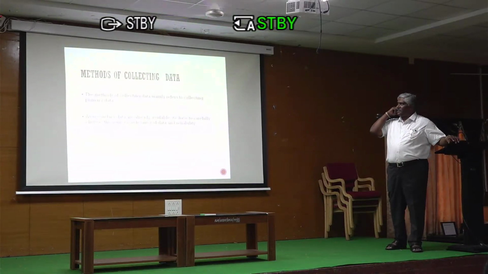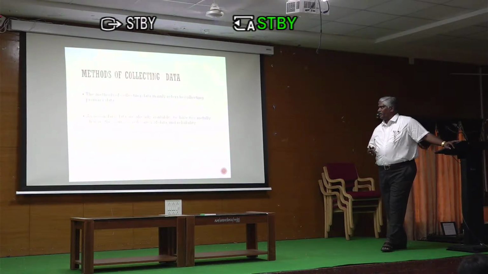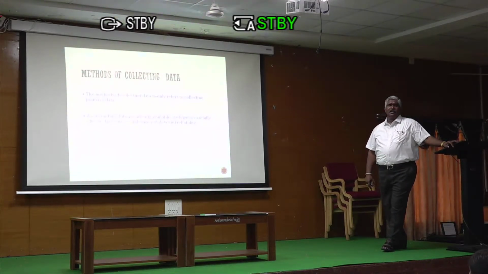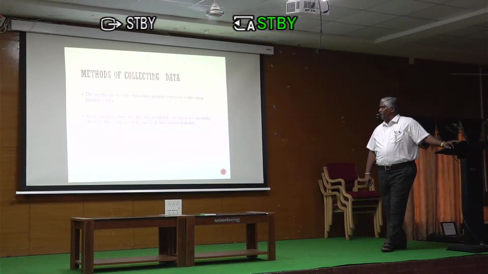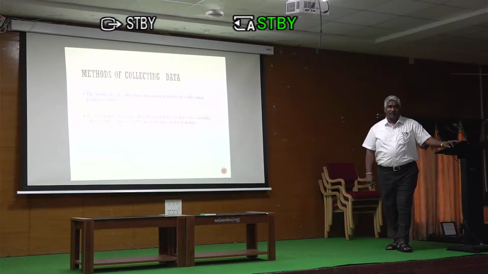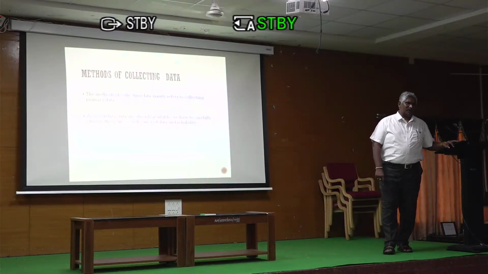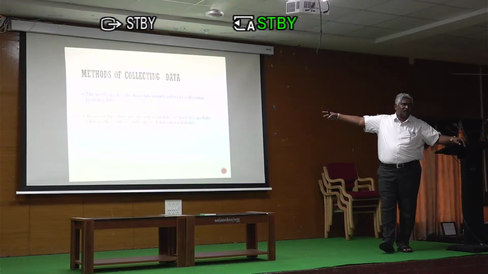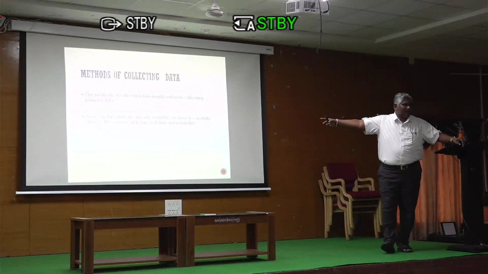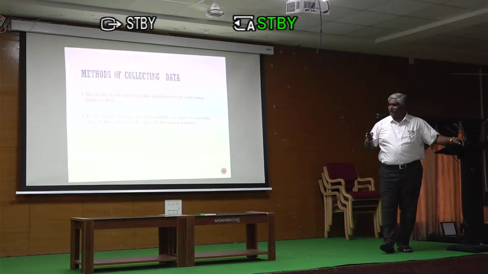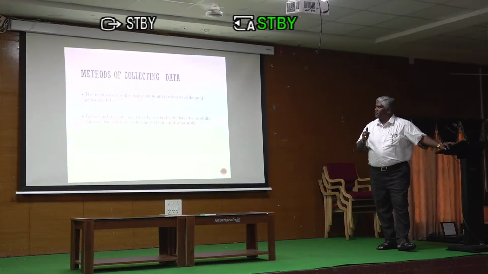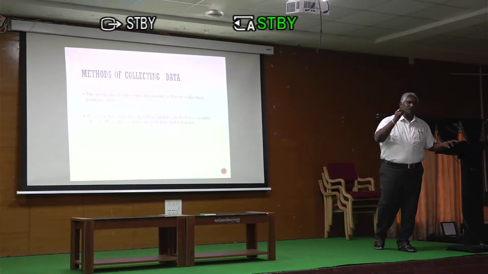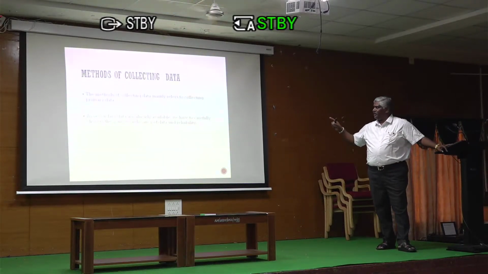The methods of collection of the data. The methods of collecting data mainly refer to collecting primary data. As secondary data is already available, we have to carefully choose the source, the relevancy of data and the reliability of data. What do you mean by that? See, there are small differences between the primary data and the secondary data. In primary data, the method of collecting the data mainly refers to collecting primary data. Secondary data is already available.